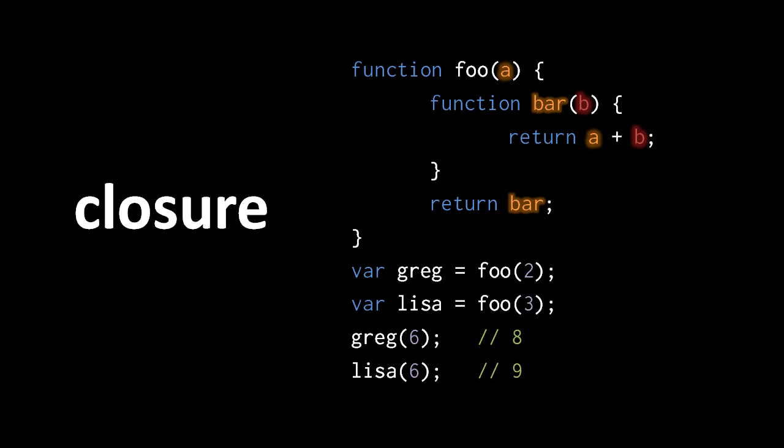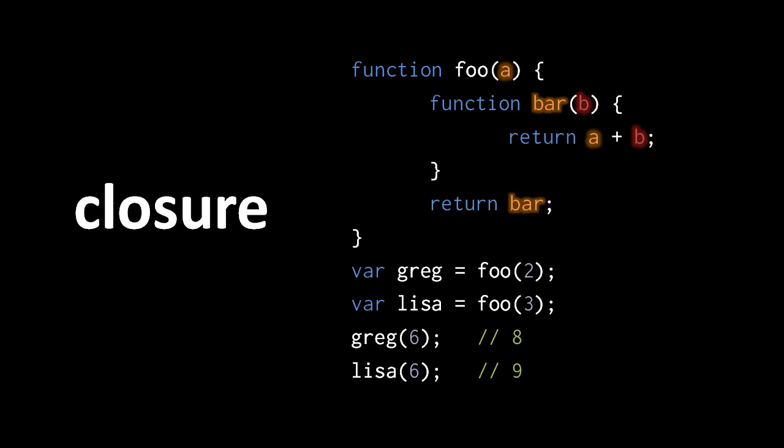So be clear, we have 2 separate copies of the function bar, one assigned to Greg and one to Lisa, and these copies differ in their closures. Each closure has its own set of the variables of the enclosing functions. The variable a in one closure is not the same variable a as in the other. So when we then invoke these 2 separate copies of bar with the argument 6, the copy stored in Greg returns 8 because 6 added to 2 returns 8, but the copy stored in Lisa returns 9 because 6 added